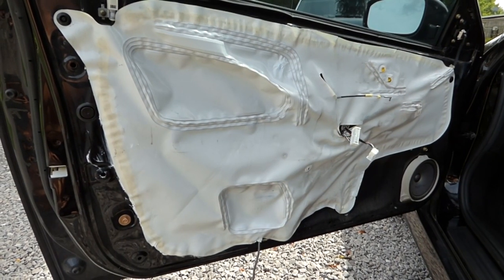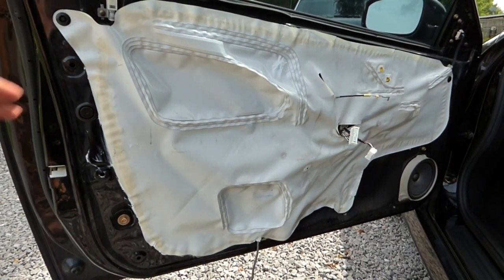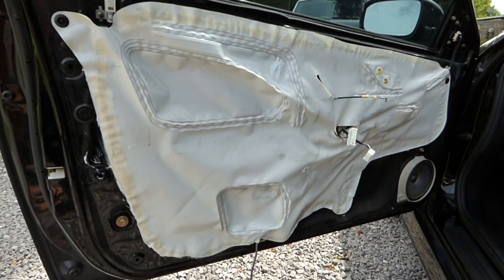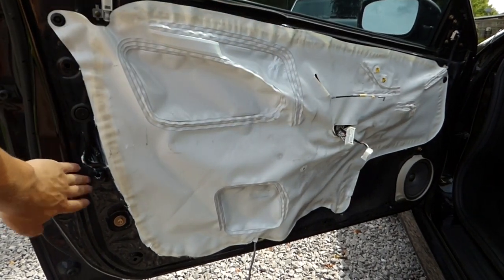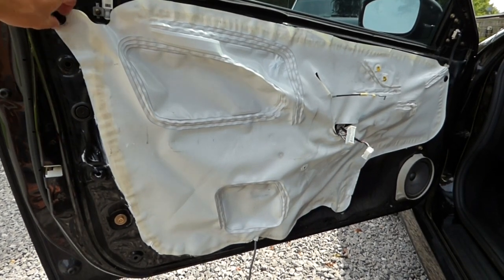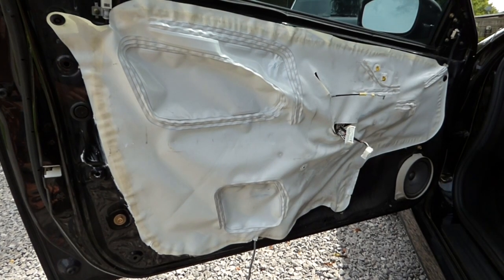Alright, so once you have the door panel off, you're going to want to remove at least this corner of the vapor barrier. It's not necessary to remove the whole thing, because the cable just goes from where it comes out here down into the corner over here. So you're just going to want to pop out this clip here and then peel back the vapor barrier,